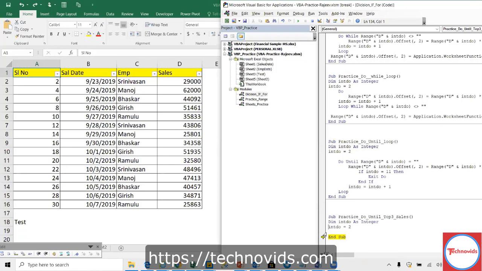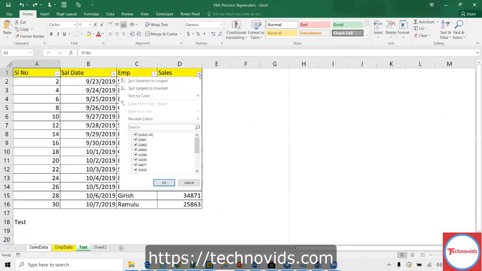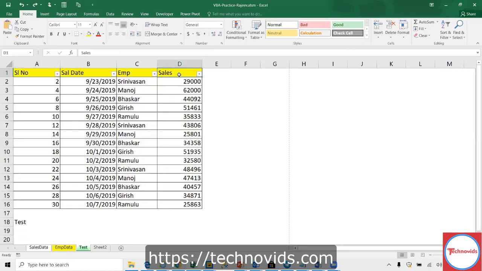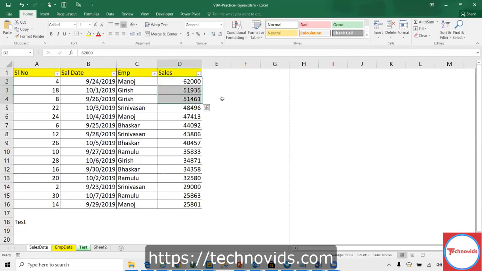The better way is the reason I showed you this. If you see, it is already sorted. Sorting, okay, got it. If you sort it by descending, I know this is the top three.